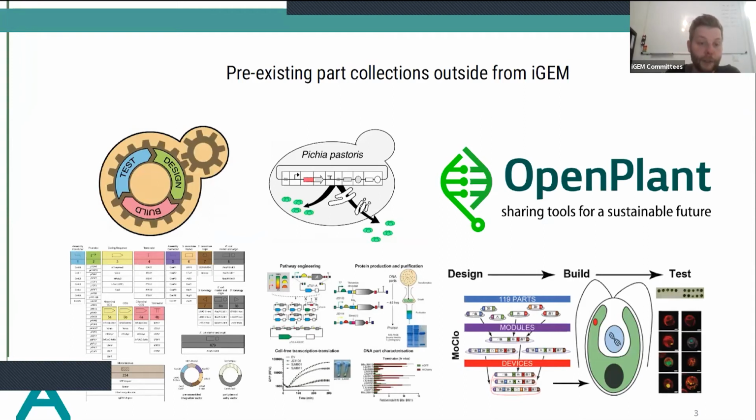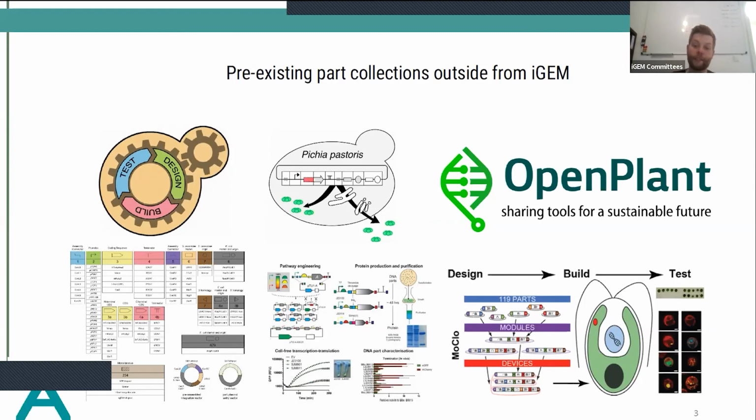So for example, for yeast, there's this highly characterized toolkit with a lot of promoters and reporters and terminators. There's a similar kit for Pichia. There's of course a kit for E. coli, and especially the plant community and algae community has